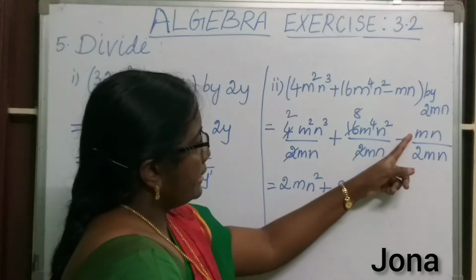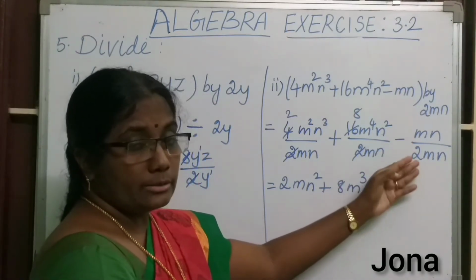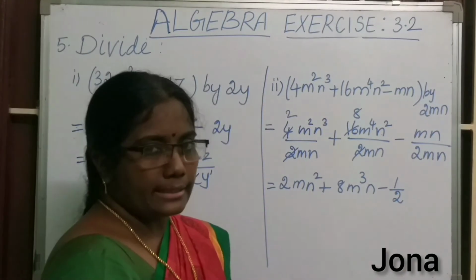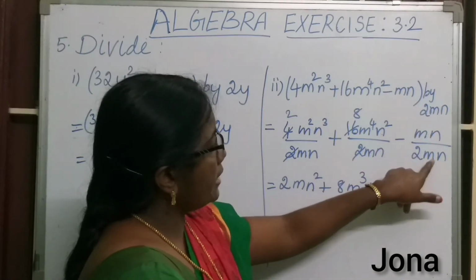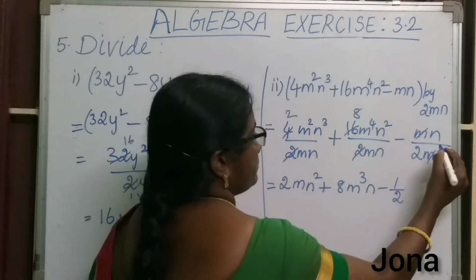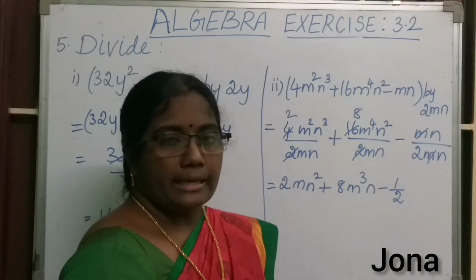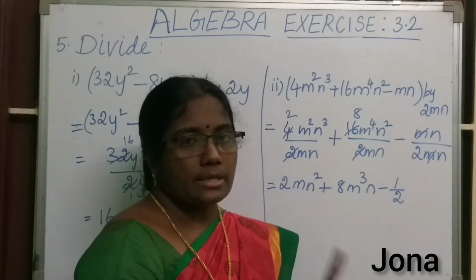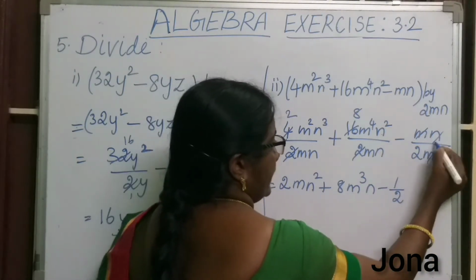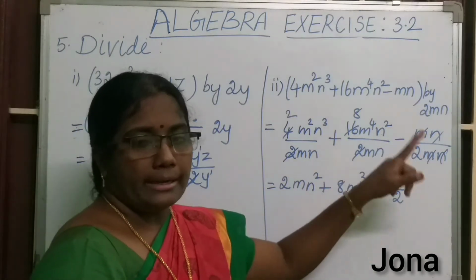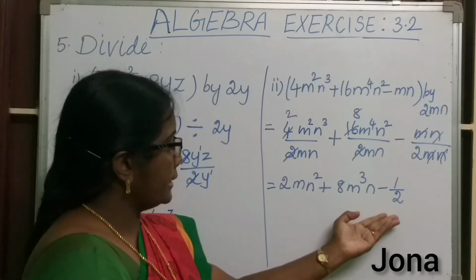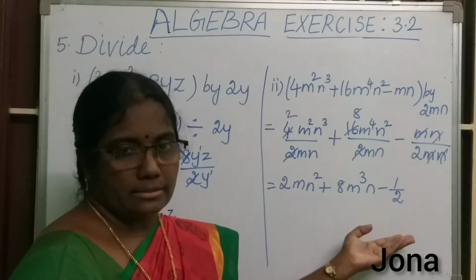And then here there is no number. Here 2. So 2 is in the denominator. That means that is 1 by 2. Isn't it? And then m power 1, here also m power 1. Or else we can cancel m and m like this. 1 minus 1 is 0. That means m power 0. M power 0 is 1. So no need to write this 1 here. And then n. Even here you can cancel n and n, or else 1 minus 1. N power 0 is also 1. So no need to write here. Simply we can keep the answer like this.